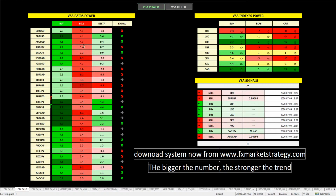Okay, guys, it will give you all the signals here. And look at the pound dollar is flying up 3.6. Look at the pound yen is up, pound franc is up, pound Australian, pound New Zealand. And you can determine which pound is the best. Of course, euro pound, because the euro is the weakest and the pound is strongest, the euro pound is minus